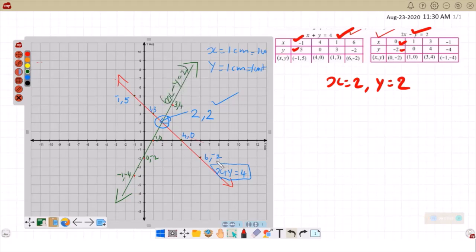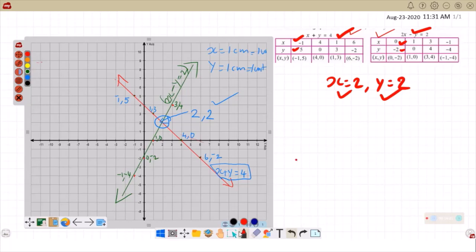So two equations, two lines meeting at a point, and the meeting point is x is equal to 2, y is equal to 2. This is what we got earlier also. You will find it in the previous video. I will see, on the next page I will show you how it works. Now you understood how to present simultaneous equations on a graph.